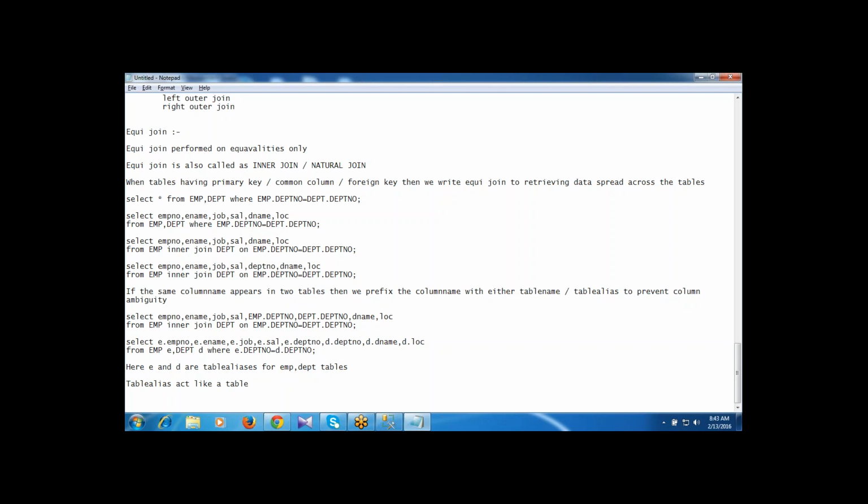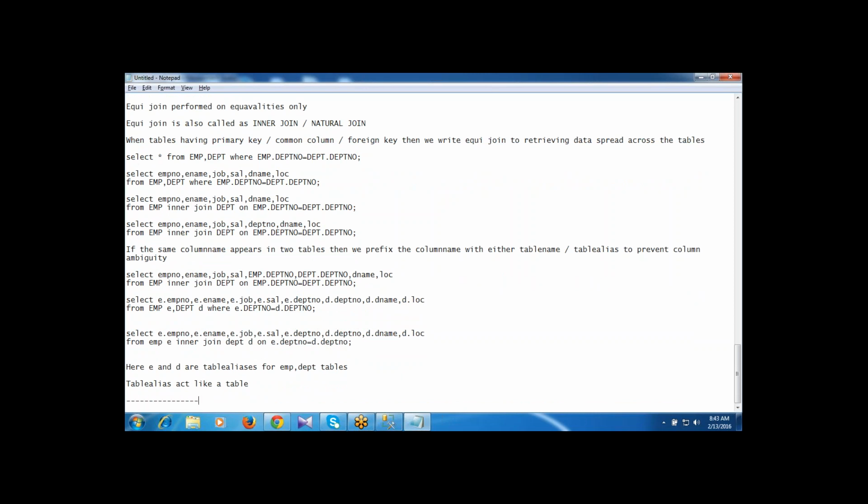You can use the on method or you can use the where clause. In any way you can write the query to get the result. From EMP E inner join DEPT D on E.DEPTNO equal to D.DEPTNO.